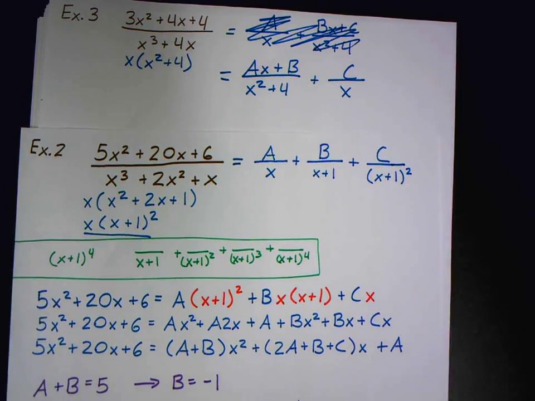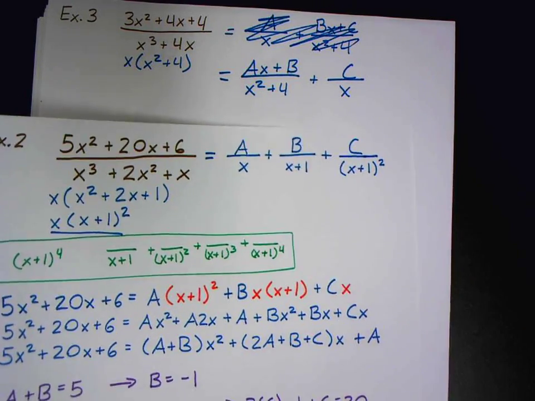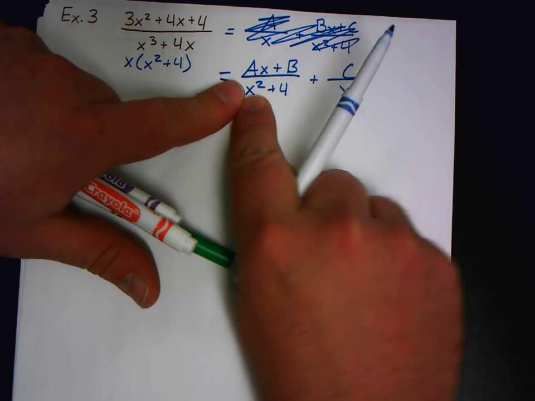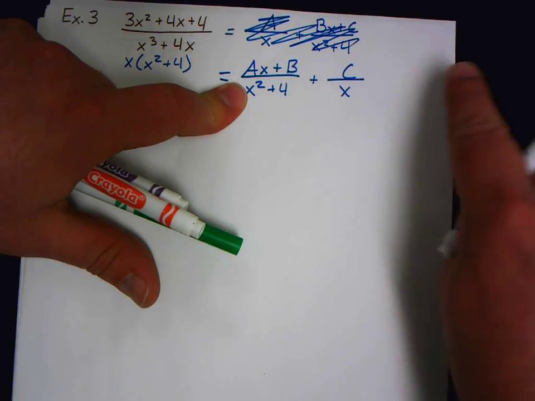You need all of them? Yes, you would need all of them. If it's x to the fifth, you need one with x to the fifth, x to the fourth, x to the third, x to the second. Yes. Okay, no, I don't. If this was x to the 4th, I wouldn't need another fraction with